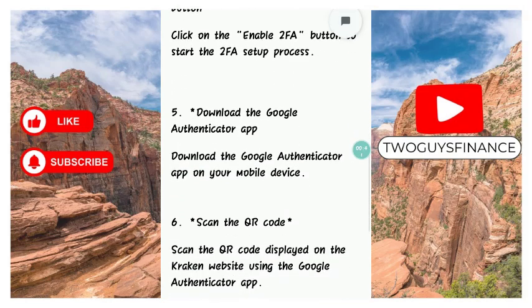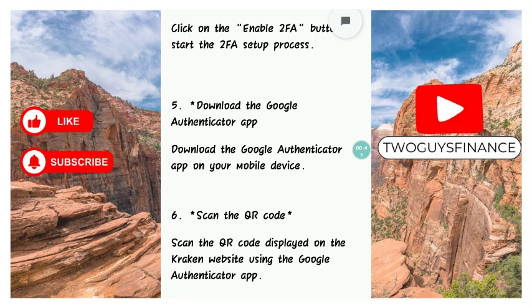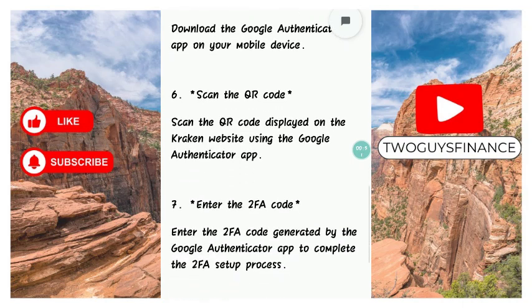And here you can choose to download the Google Authenticator app on your device and just scan the QR code displayed on Kraken's website using the Google Authenticator app. And then just enter the two-factor authentication code that's generated by the Google Authenticator app to complete the two-factor setup